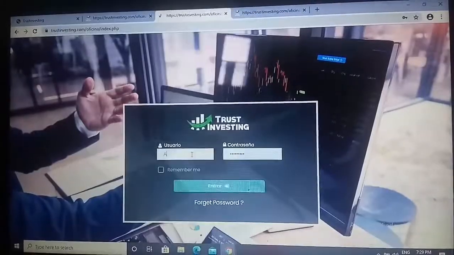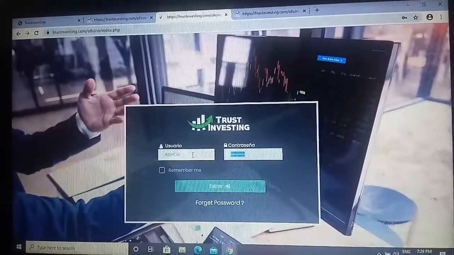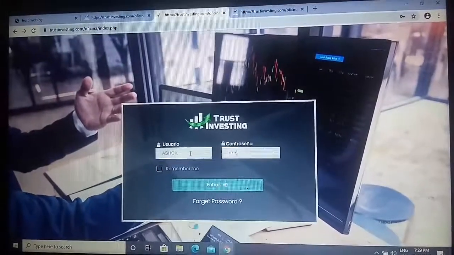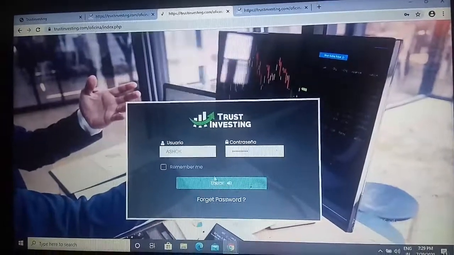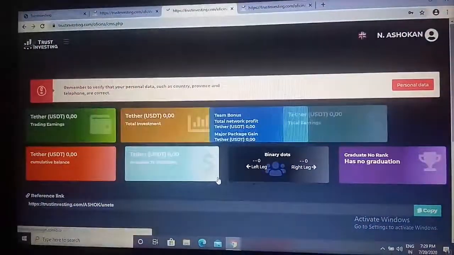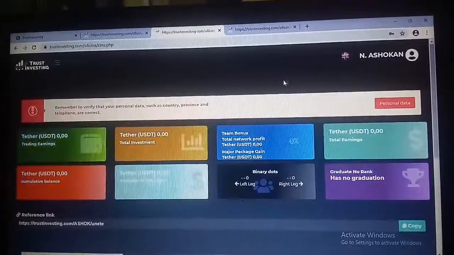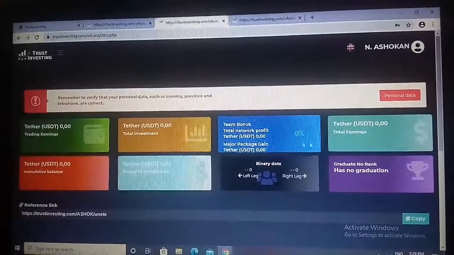ID Ashok, and password. See, the ID is created. Now investment is 0, ID is created.